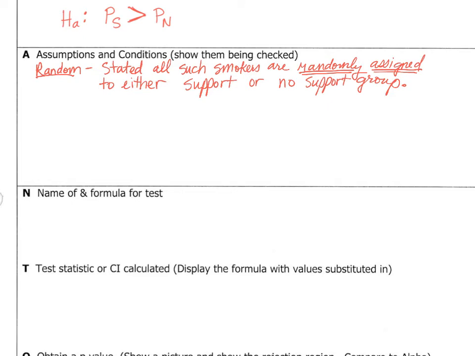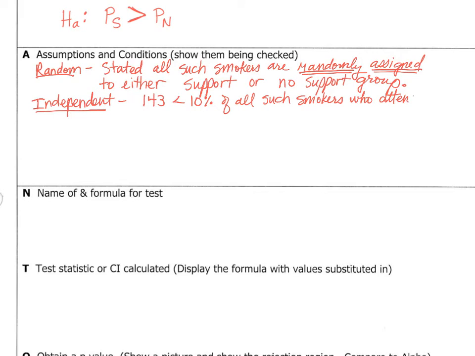Okay, so what's next? Independent. N is less than 10% of the population. So I have to do this for both of them. The first N, go back and look. The first group, the one with the support, how many? 143 is the size of the sample, and I'm going to say it is less than 10% of all such